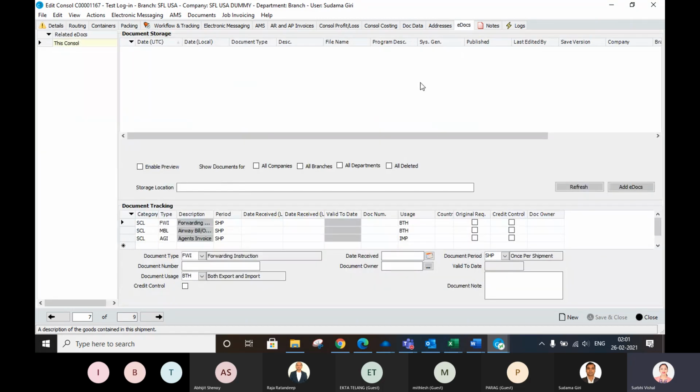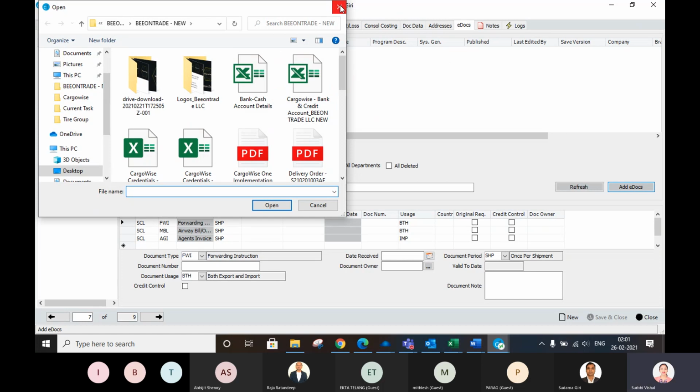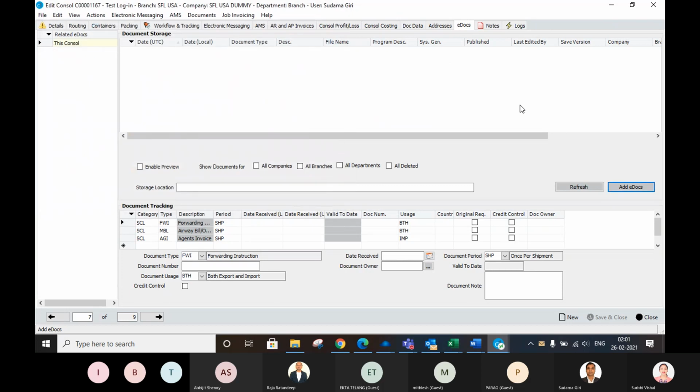Whatever pre-alert you receive, you can upload your documents over here.